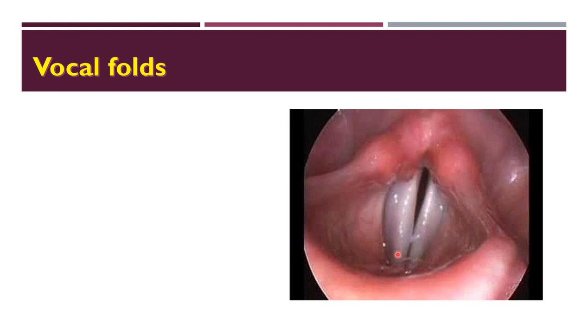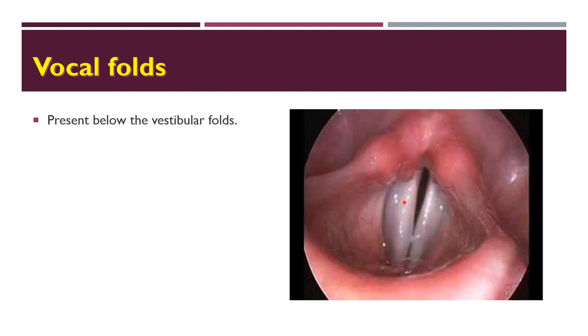As I told you, the vocal folds are purely white in color due to the absence of submucosa. This is the vestibular or false vocal cords you are able to see here, and below that you are able to see the vocal fold. It is made up of two parts. The anterior 3/5 is mainly formed by the vocal ligament, and the posterior 2/5 is mainly formed by the vocal process of the arytenoid cartilages. As a whole, the vocal ligament and the vocal process are covered by